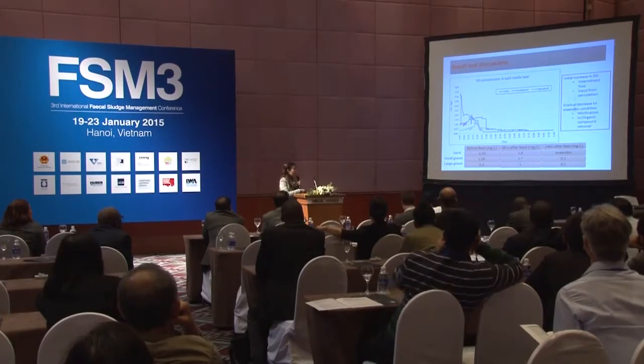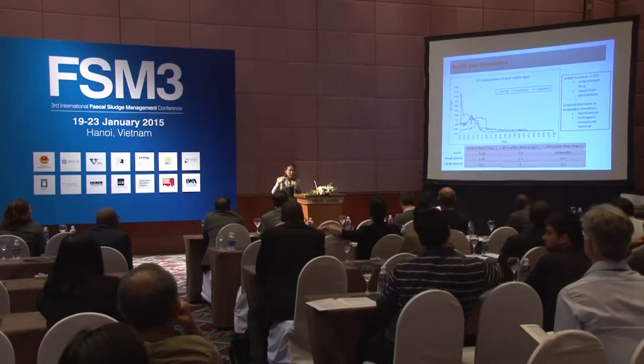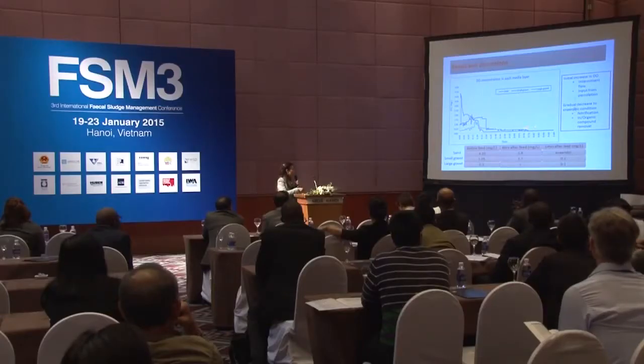And after 24 hours, or 1 day, the DO concentration goes to 0, which represents an anaerobic condition. Then the middle layer of the media, which is small gravel and also large gravel, is present here. Before feeding with the faecal sludge, at the starting stage, the gravel still has a slightly aerobic condition, about 1 milligram per liter of DO.